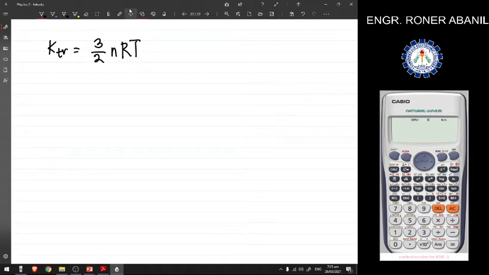When the temperature changes by a small amount dT, there is a corresponding change in kinetic energy. So, kapag dinerivative natin yung T, magkakaroon din dito ng pagkakaiba. So, magiging derivative of K_tr